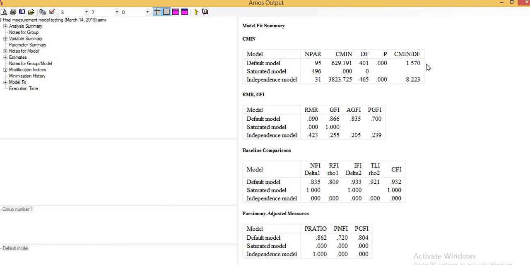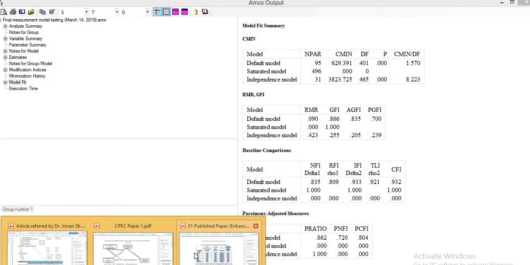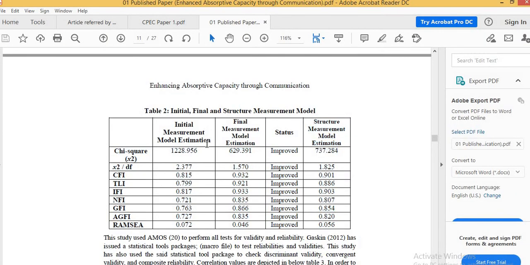You need to read different articles and consult many people to find out what the accepted values of these indices are. Just for example, this is the model fitness I have shown you by using the AMOS software. So here you can every time play with the figures, and you need to improve the figures. Just for example, this NFI value is below the threshold. 0.85 is the acceptable value, but some authors stated that a value above 0.8 is also acceptable.